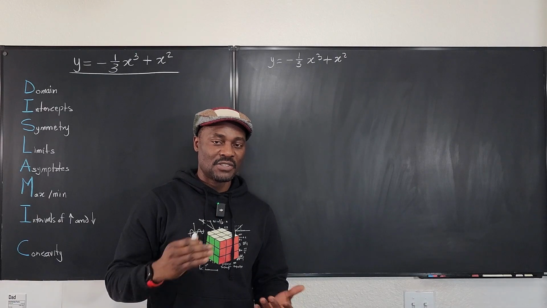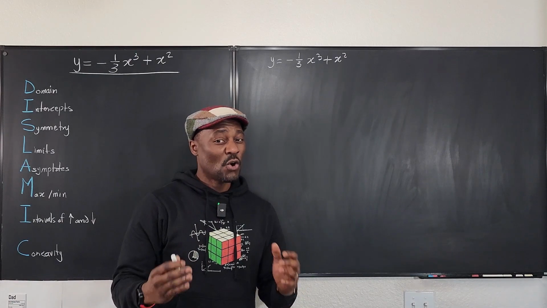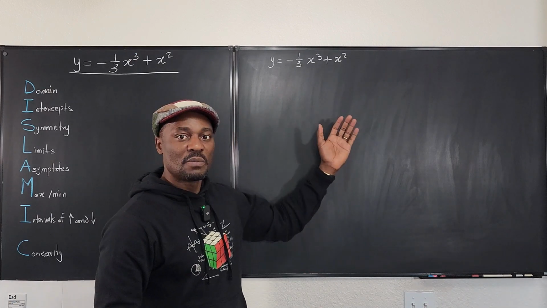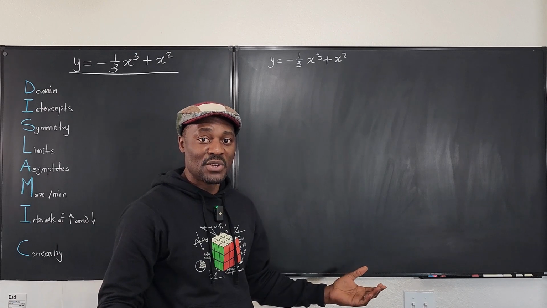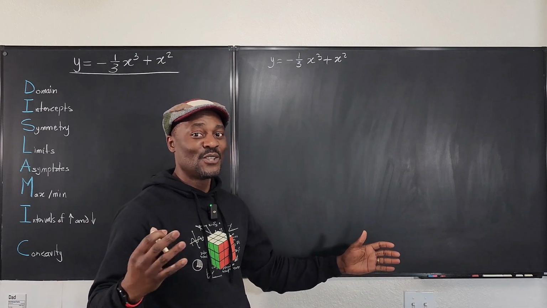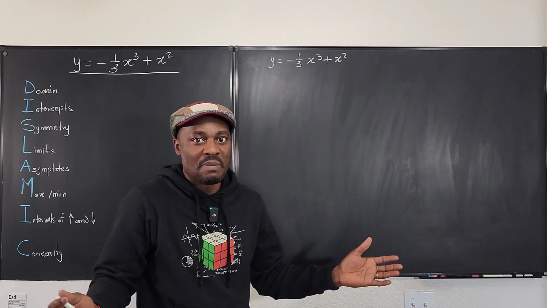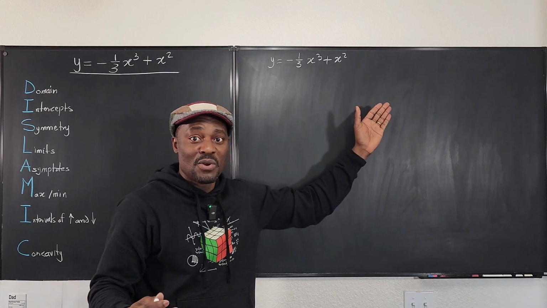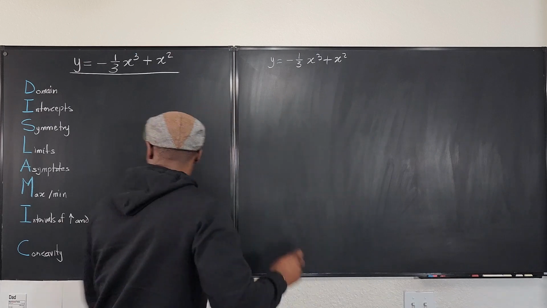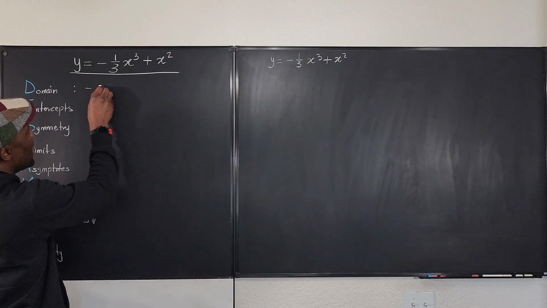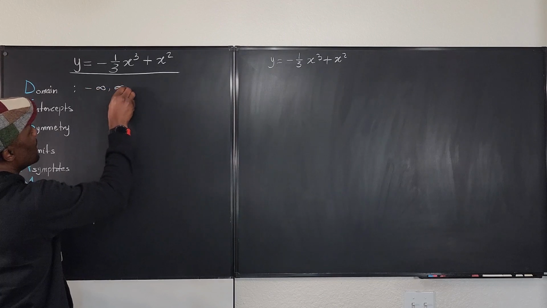So the first task is to determine what the domain is. It's always smart for you to know what kind of function you're dealing with, because this is a straightforward polynomial, the domain of any polynomial is from negative infinity to positive infinity. No numbers are skipped, no numbers are problematic. You can plug in any real number on the number line and this works. So we can go here and say that the domain of this function is from negative infinity to positive infinity,